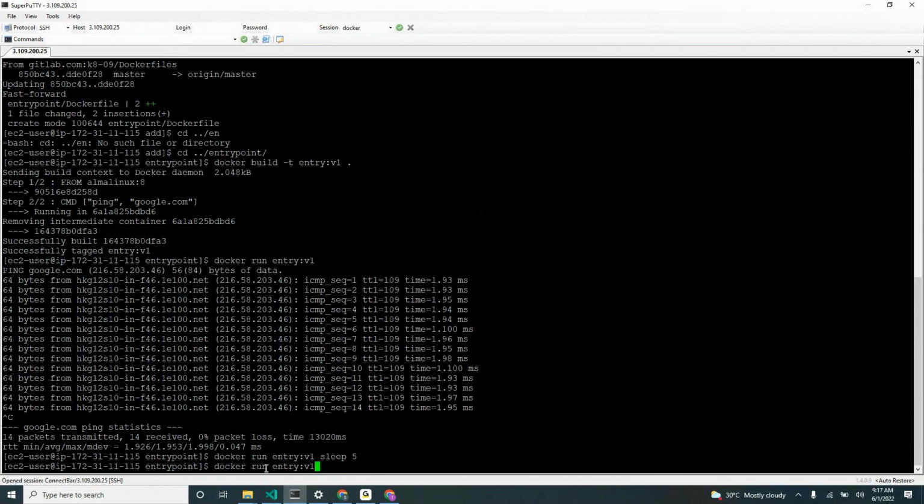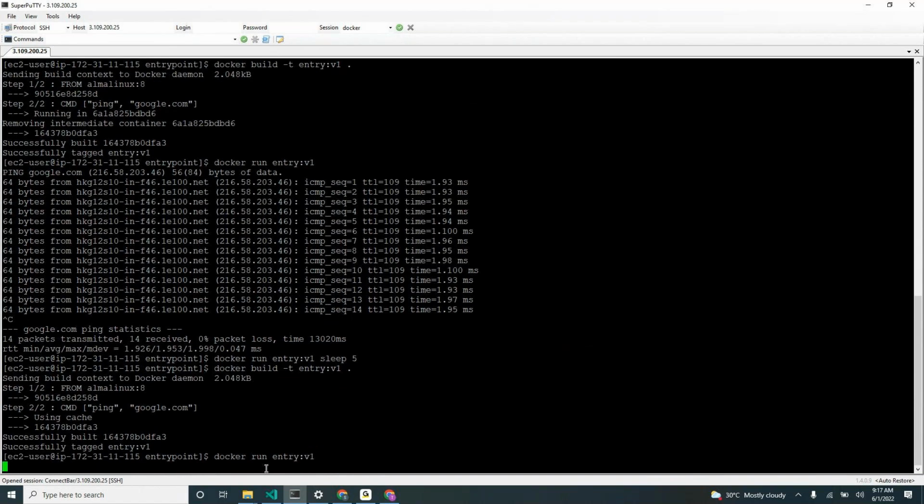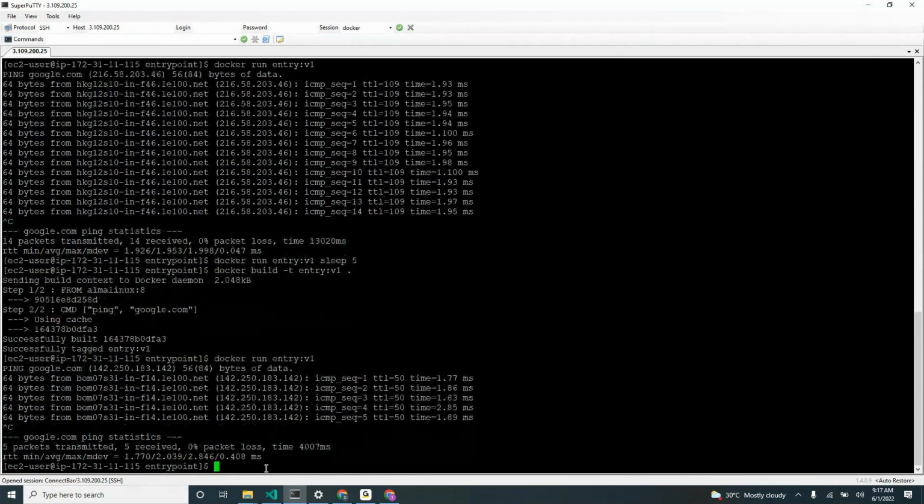Now build it again and run it. Just run it normally without passing any overriding. So it is doing it same like CMD. But if I try to override like here, sleep 5,